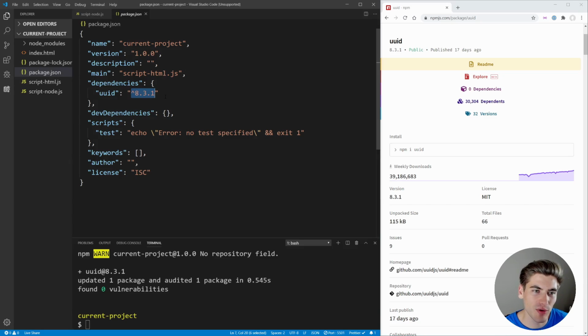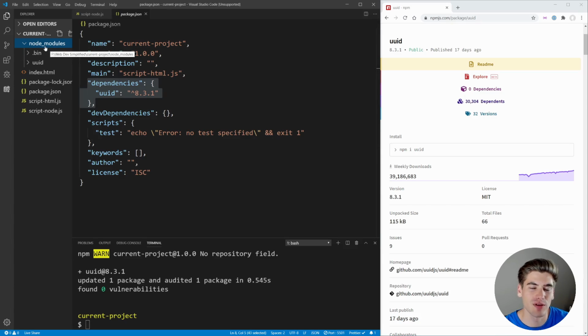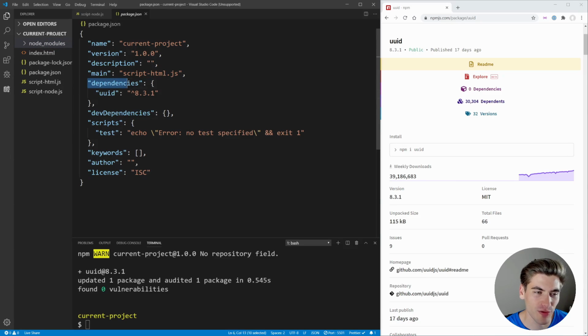It's really not super important to understand what all of this means, but essentially a package.json allows you to store all of your different dependencies, and that way, when you push your code to somewhere like GitHub, you don't need to upload this entire Node Modules folder, because generally this Node Modules folder is going to be full of tons and tons of code. But you can get all of the information from this Node Modules folder just through this